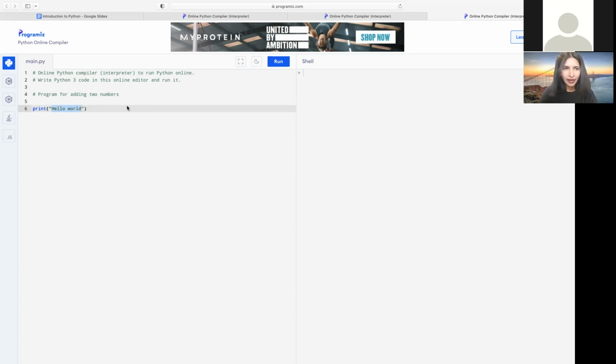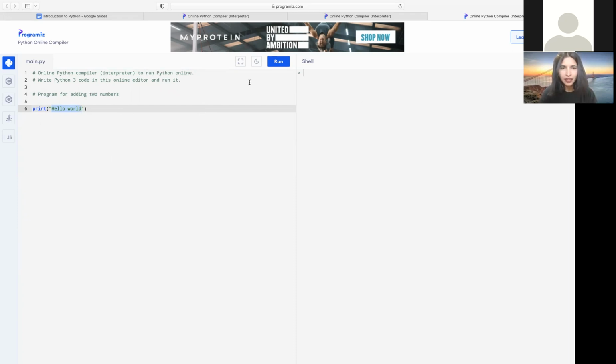In this console, how it works is, if we click on run, whatever code we have written on the left part of the screen, we can see the output of this code on the right part of the screen.